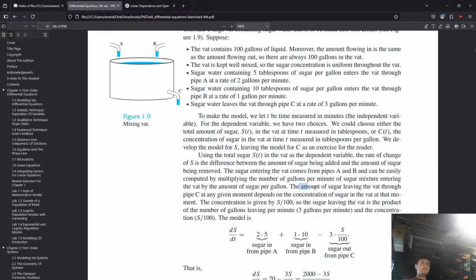Okay, the amount of sugar leaving the vat, though, through pipe C at any given moment depends on the concentration of sugar in the vat at that moment. Okay, so the concentration is given by S over 100. So the sugar leaving the vat